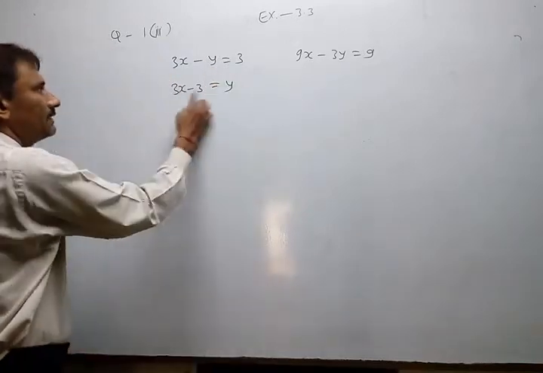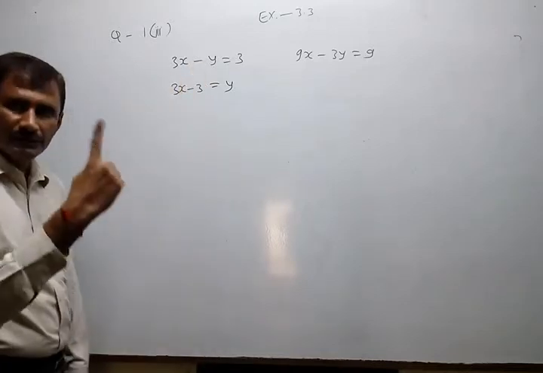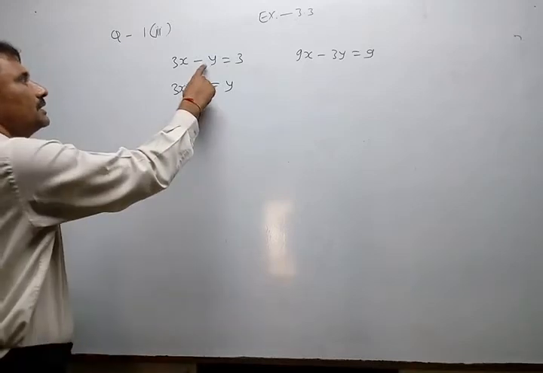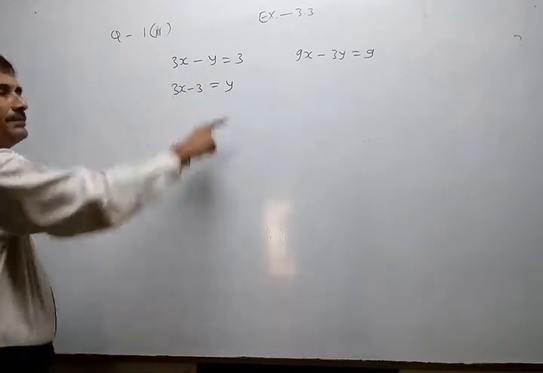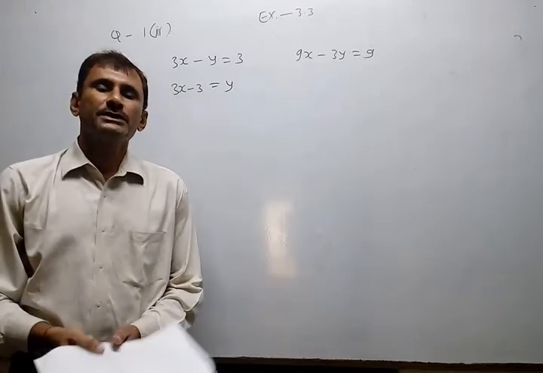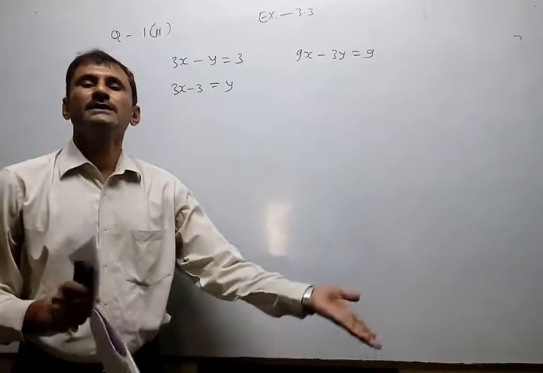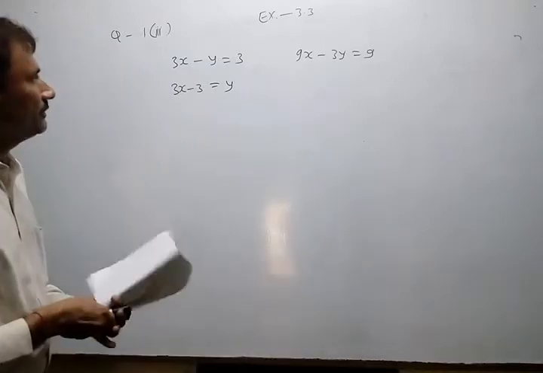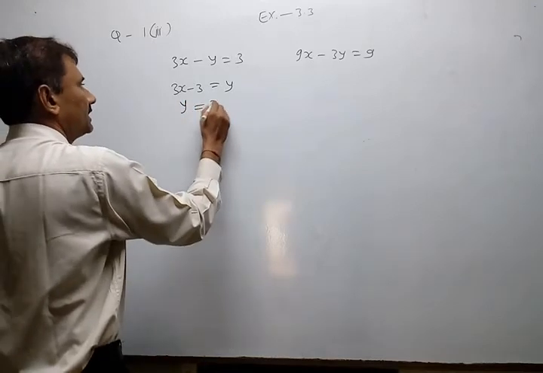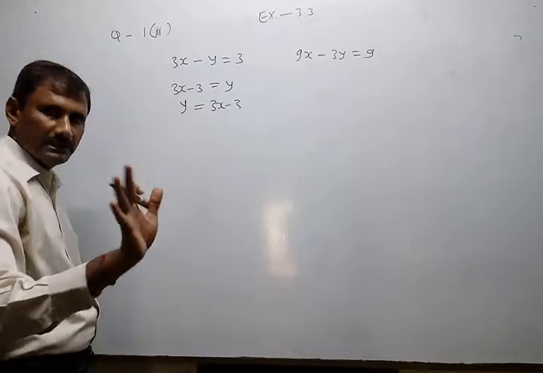So y is equal to 3x minus 3. Why y only, not x? Because y has coefficient 1, whether minus 1 or plus 1 does not matter. To avoid a denominator, we prefer the variable which has coefficient 1. That expression is found first and then substituted. Now, writing systematically, 3x minus 3. In swapping, no rule is applied.